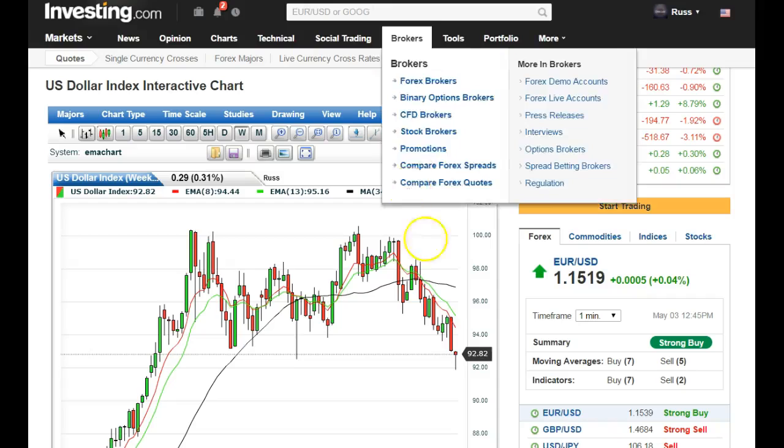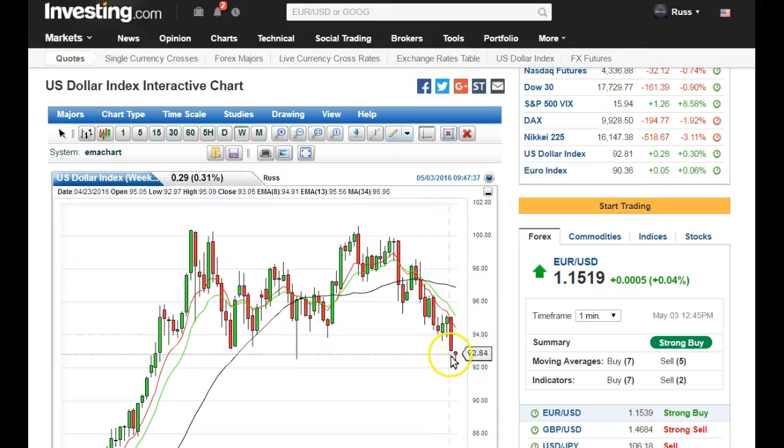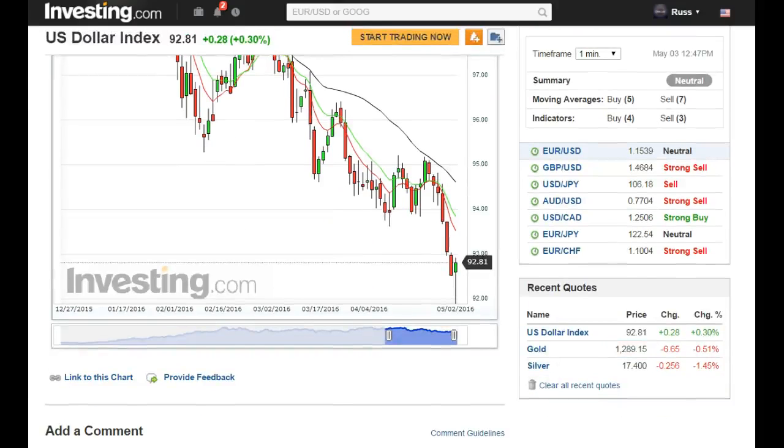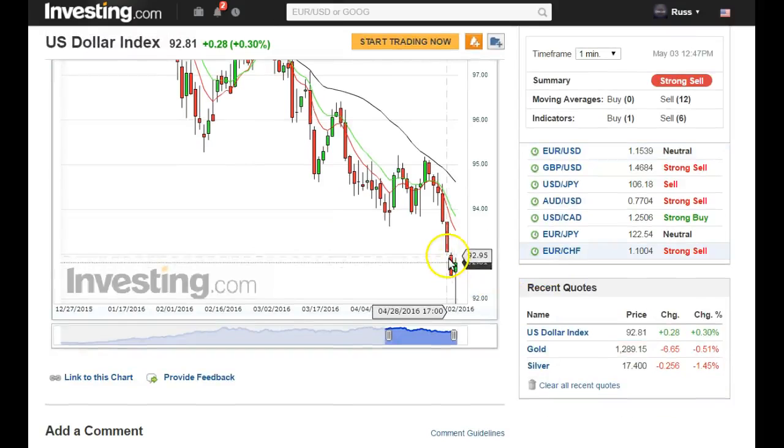The other thing I'm looking at today is the dollar. It definitely broke down last night, but now it is creating this hammer, knocking out a bottom on a weekly. And you can see on a daily how nasty that 93 break was. It came all the way down below 92, and now it's still mid-morning, but